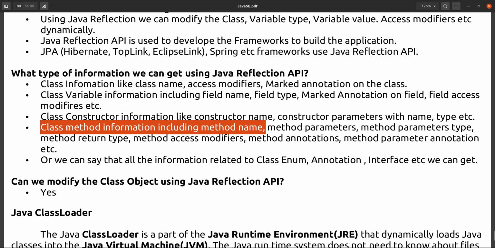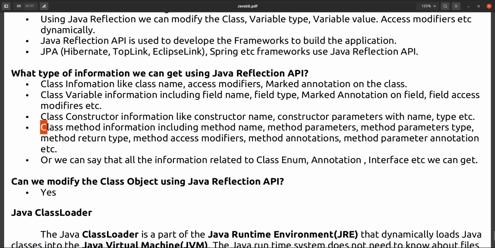Class method information you can also get, including the method name. You can get the method parameters, how many parameters there are for that method, and the parameter name and type. You can get the method return type, and the access modifier used for that method.